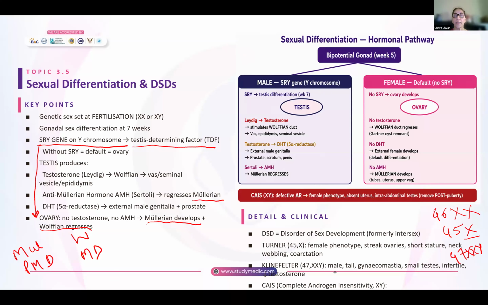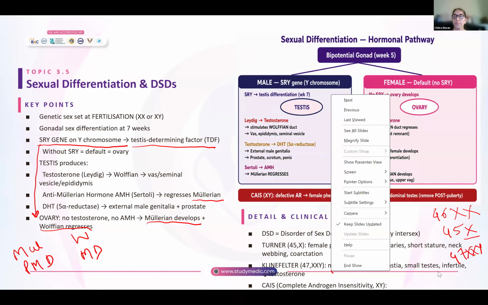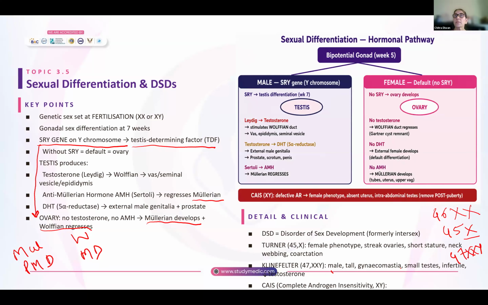These are male, unusually tall. They could be having gynecomastia. The testes are small. Remember, there is primary testicular failure in Klinefelter's syndrome. They present at about puberty, or later on they present as infertility, and you have very low testosterone levels in these individuals. Complete androgen insensitivity syndrome is XY, but the testosterone that is there, the receptors are not responding to